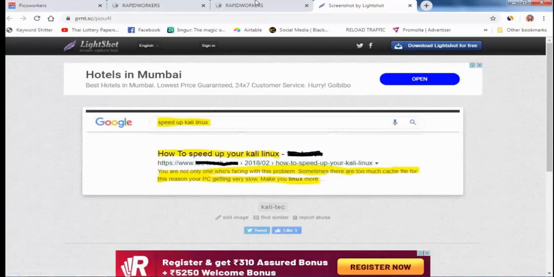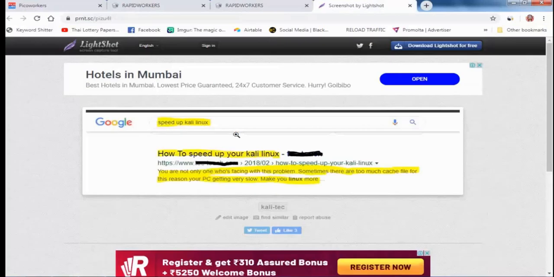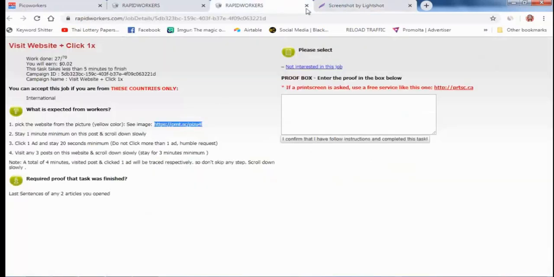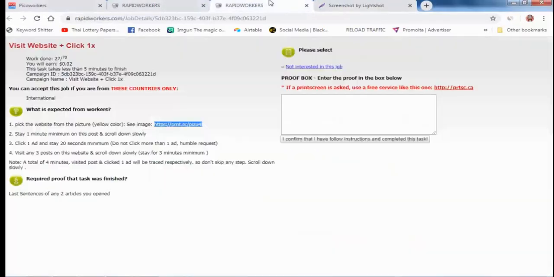This person wants you to search this keyword on Google, and after that go to this website. How to speed up your Kali Linux? You need to find this website and go into the website.